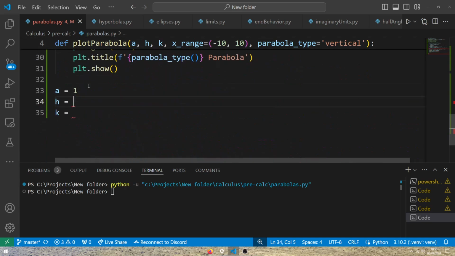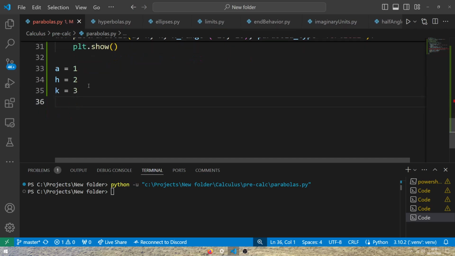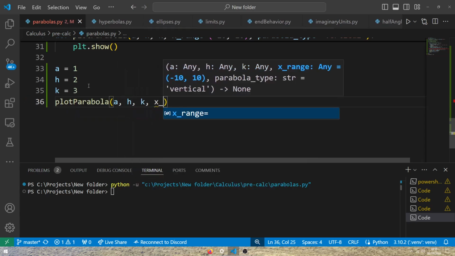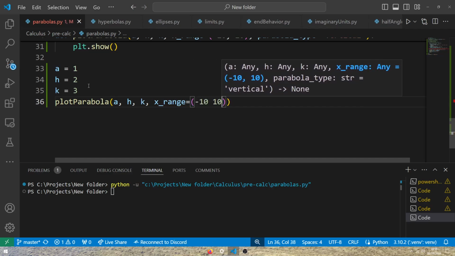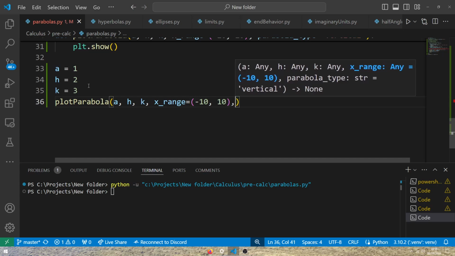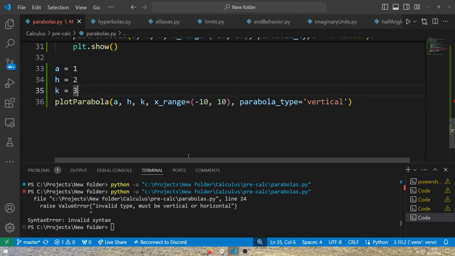So if I do 1, 2, let's say 3, I could plot this with my AHK with the X range equals minus 10, 10. Parabola type, let's say vertical. If I hit enter on this,